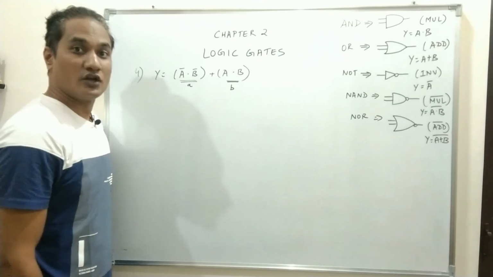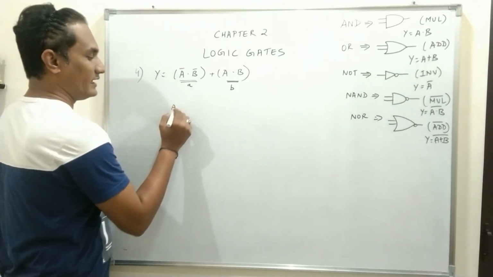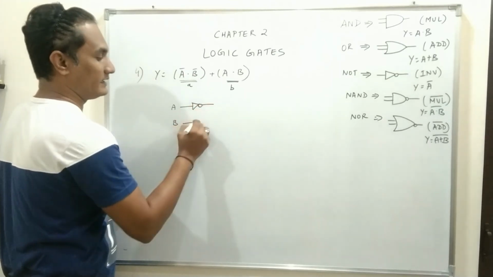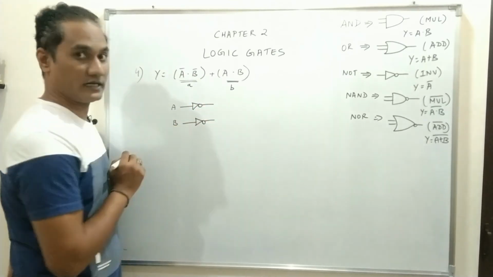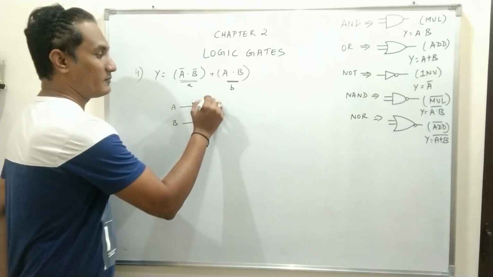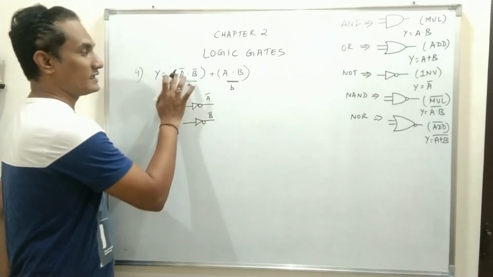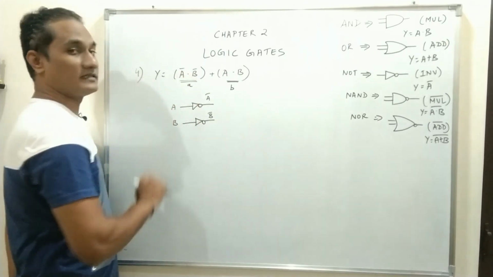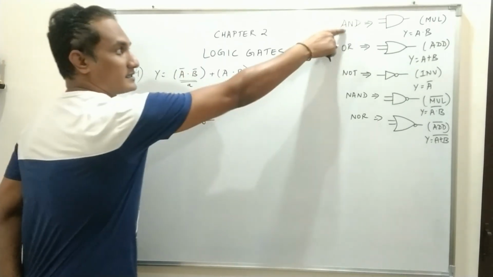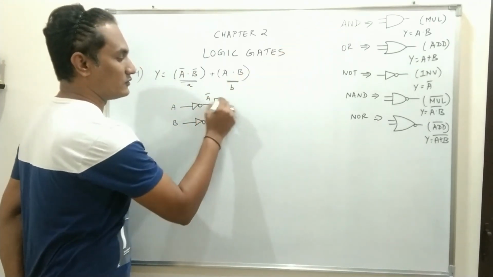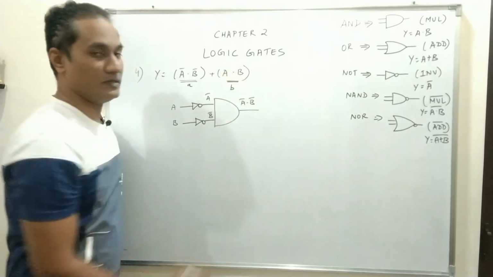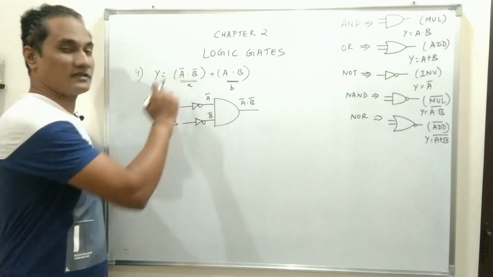By using a NOT gate. So you write A, you write B, and A is connected by a NOT gate. Similarly, B is also connected by a NOT gate. So when you connect by a NOT gate, what is the output? This is A bar and B bar. And how are these two variables connected? It is connected by dot, and the dot sign indicates AND operation. So you connect an AND gate. So this is A bar dot B bar. So you got the first expression.